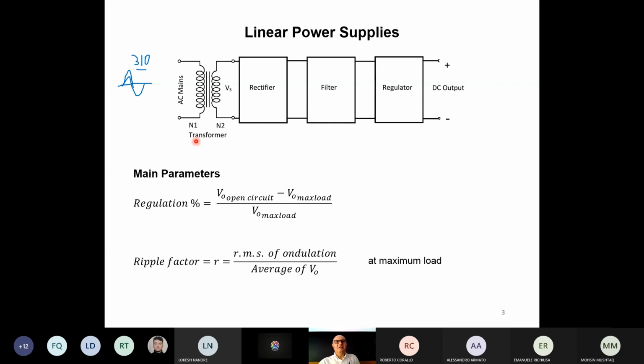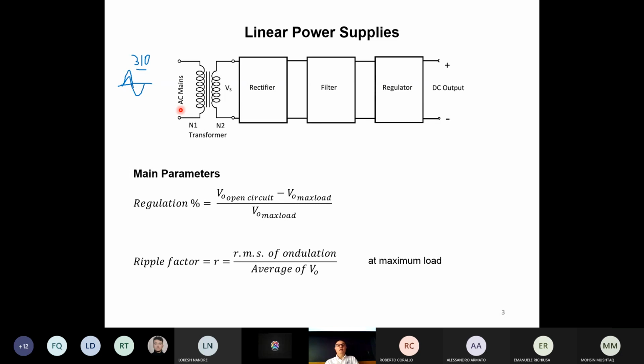Maybe you know that the output voltage will be decreased by the ratio N2 over N1. So if, for instance, we have N2, which has half the number of turns of N1, the output voltage will be half of the input voltage. Okay? So in a transformer, the output voltage depends on the ratio between the secondary and the primary number of